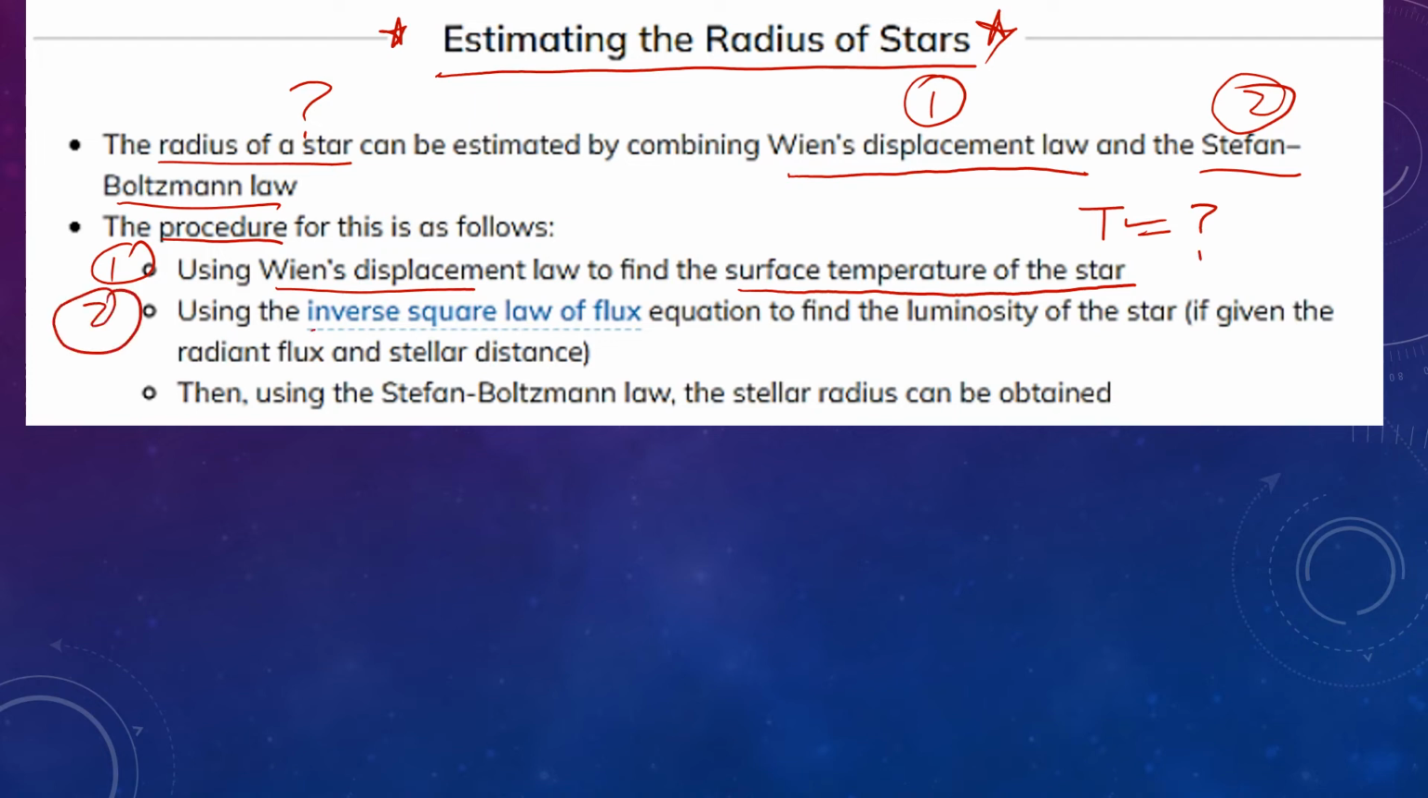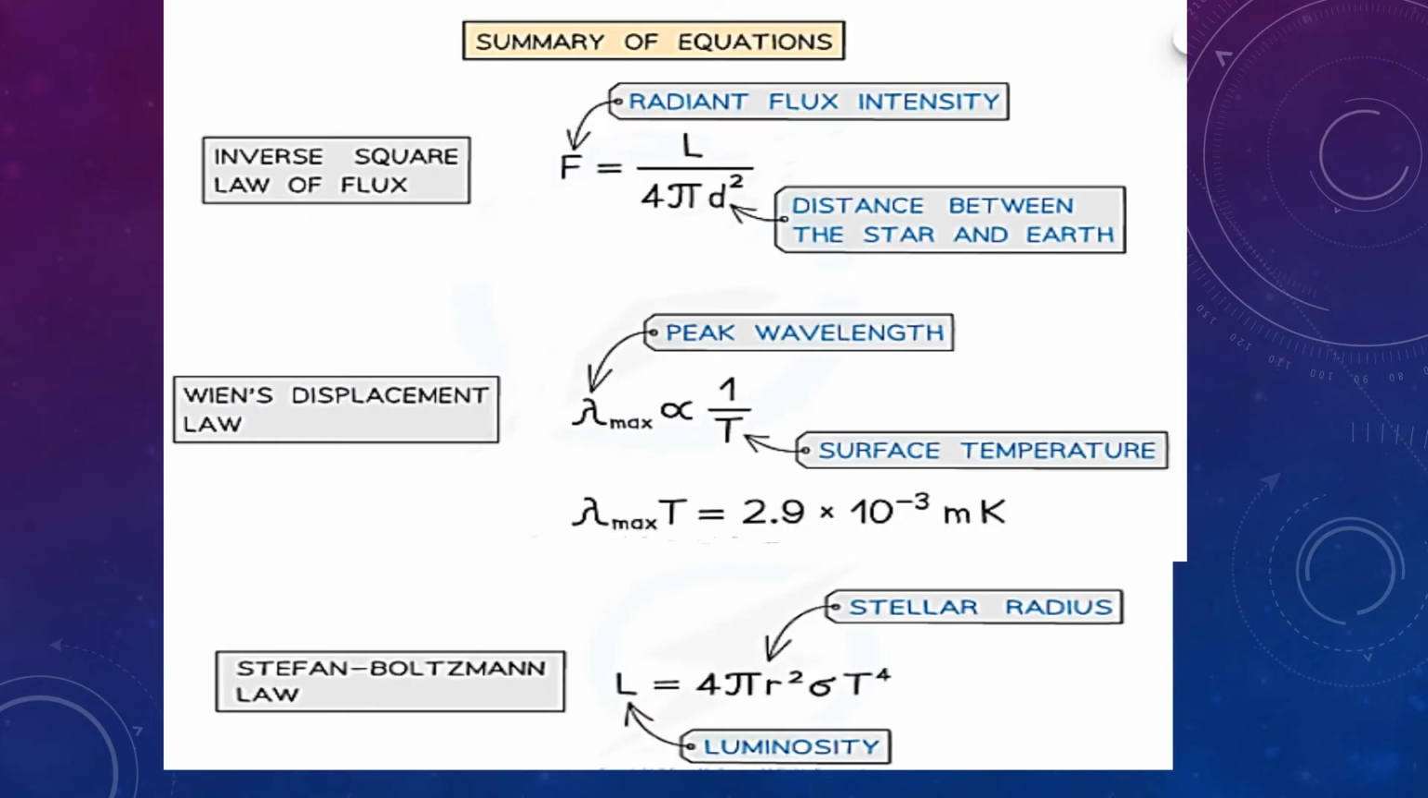Then secondly, using the inverse square law of flux, you will find the luminosity of the star, right? So this is the second thing. And then using the Stefan-Boltzmann law, the stellar radius can be determined. Look here: the first thing is the inverse square law of flux. You use the inverse square law of flux to measure the luminosity. Okay, because you know the distance, you know the radiant flux intensity,